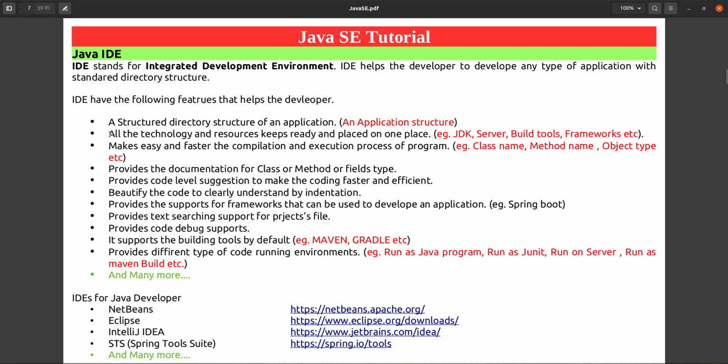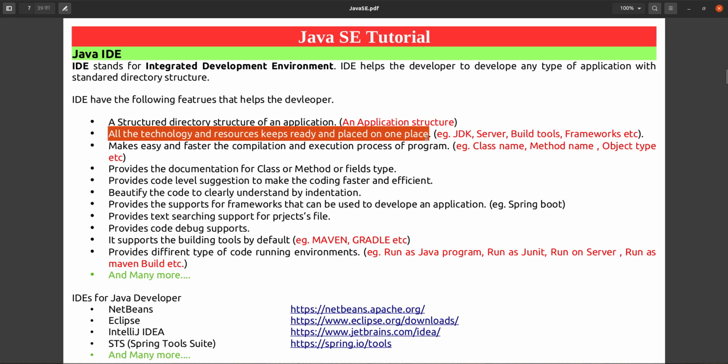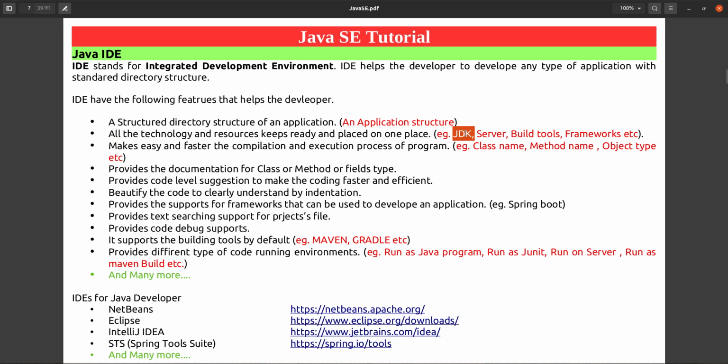The second point: it will include the technology resources in a single place and keep them ready to use. Suppose to develop any application you need JDK.